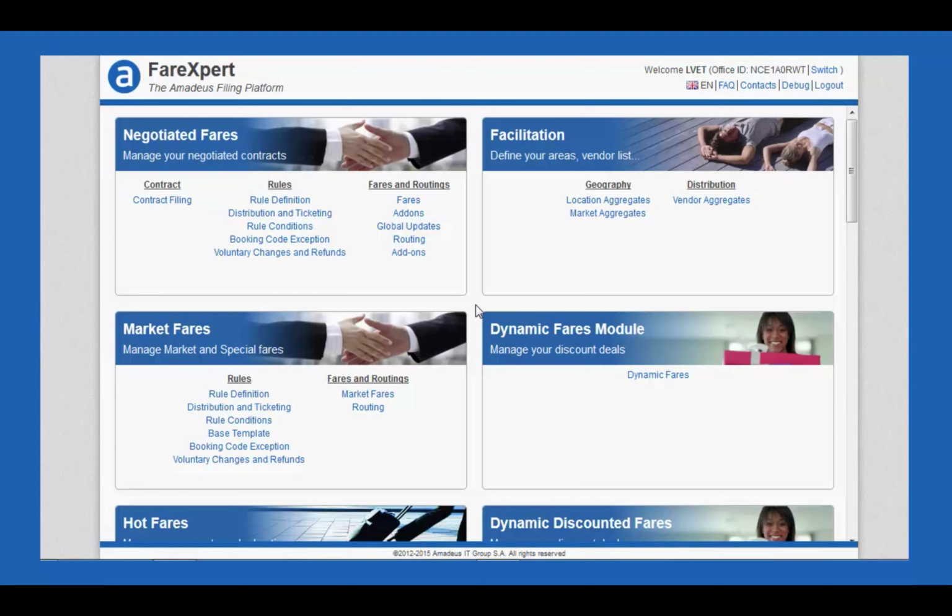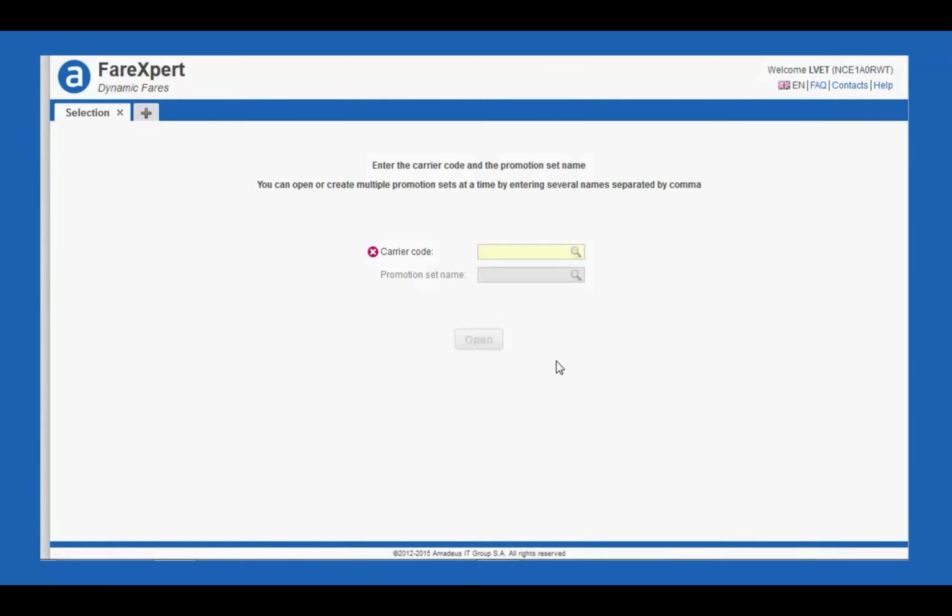and modify fares conditions. Once you've logged on FareExpert, if you have access to dynamic fares, you must see the application. Click on the link Dynamic Fares to access the web page of the application. In the main panel, you have access to a main tab, where you can manage your promotion sets, some links to the online help and to the contact, and the possibility to create new tabs in order to manage several